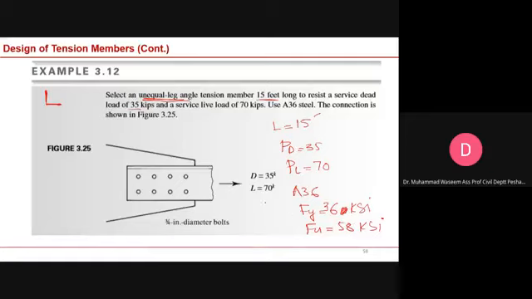Okay, now the first step is you determine the demand. Okay, you have to select the diameter of the bolt is 3 by 4 inches, and the hole diameter will be 3 by 4 plus 1 by 8. Okay,